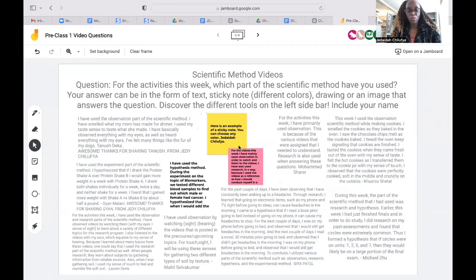Sticky notes are useful in that if we have different colors, we can differentiate between different answers. But if you want to use text, you go down here, and then you just double click and start typing. And when you're done, you just click on the page, and then you can also move it around, and in the same way you can change the size to change the font. So this is what